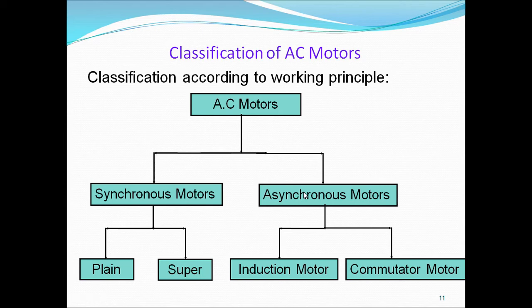No motor will run above the rated speed. All motors will run below the rated speeds. So this one is variable speed, that is below the rated speed, and this one is a constant speed motor which runs at synchronous speed only. These are the two types of variable speed motor: induction motor and commutator motor. The induction motor is a variable speed motor and works on lagging power factor.